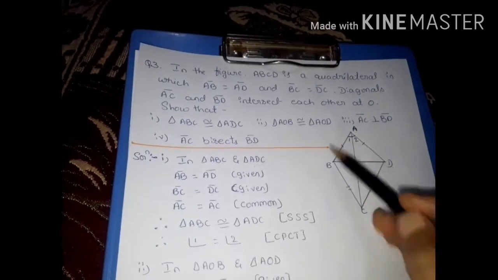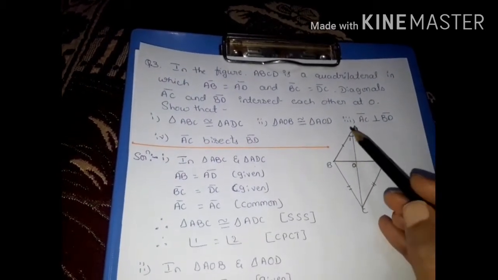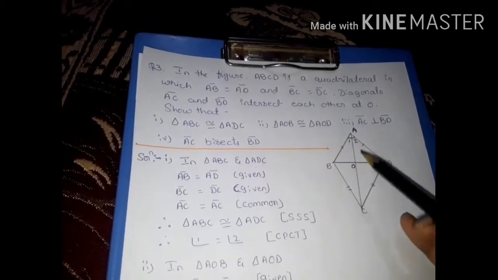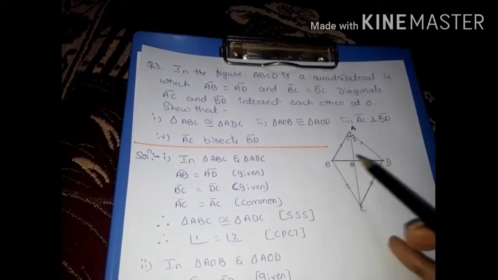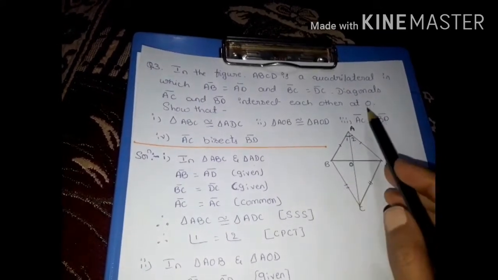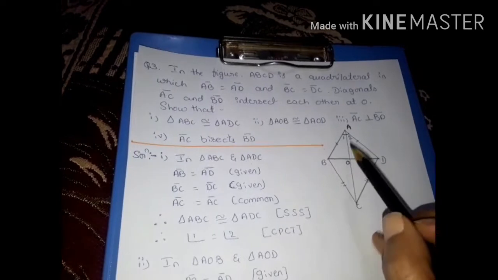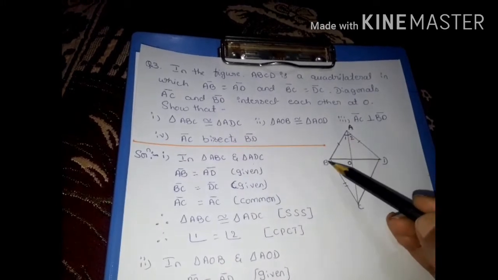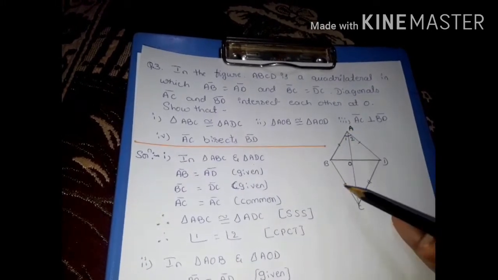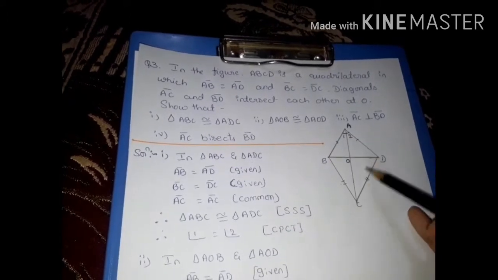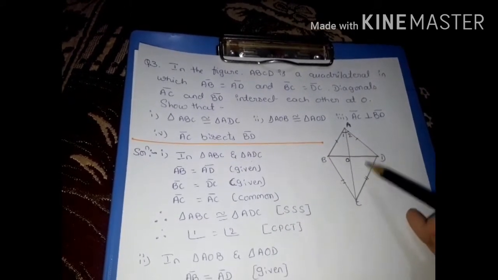In the figure, ABCD is a quadrilateral. AB equal to AD, BC equal to CD given already, and diagonals AC and BD intersect each other at O, given in the question. Here first you have to show triangle ABC congruent to triangle ADC. This triangle ABC and this triangle ADC, you have to show these two triangles are